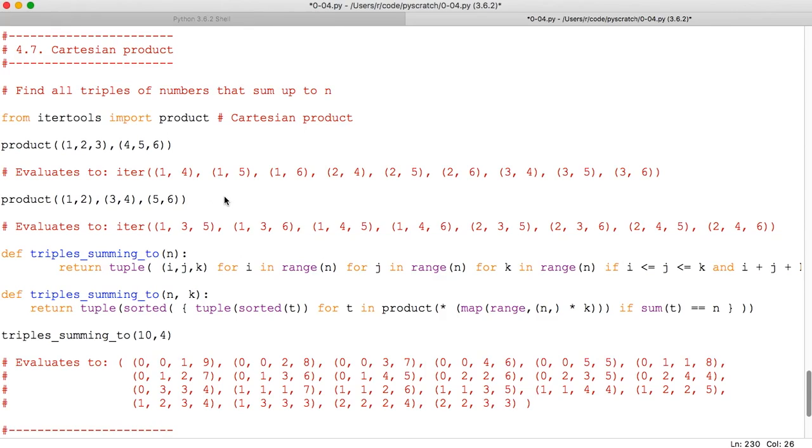Let's see whether we can find something useful to do. And what I'm suggesting is that we should try all the triples summing up to n first. All right, triples summing up to n. And we can do that by filtering, right? So we can generate all